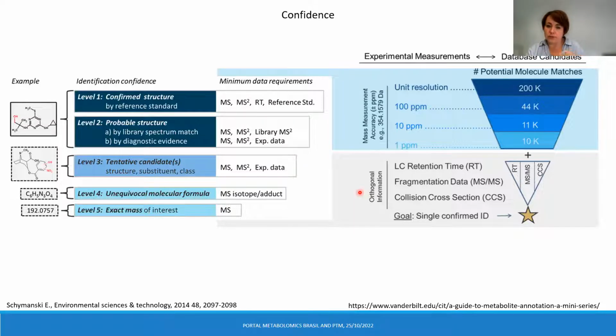And it's really important, first of all, to have this orthogonal information, and second of all, to really make use of this information and put all the available information on the table. Today, during my talk, I will mostly, but not only, refer to reverse phase LC-MS data, including MS data with electrospray ionization